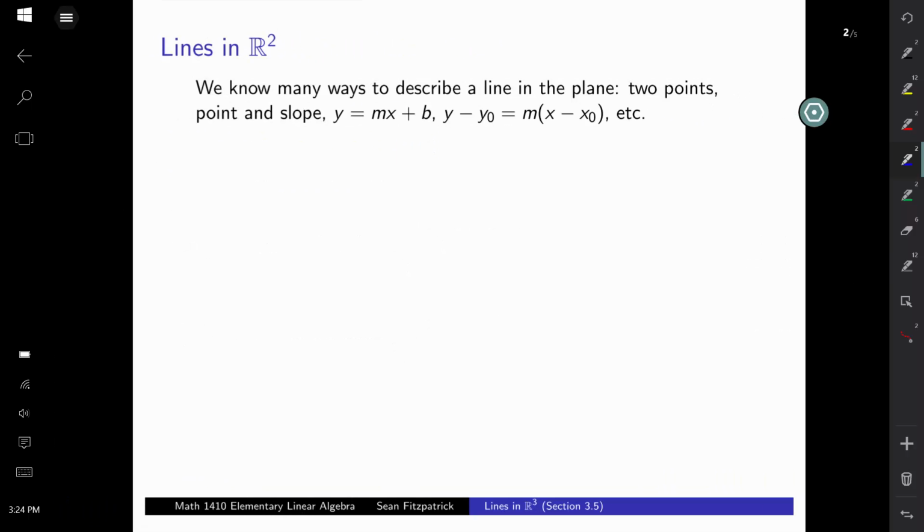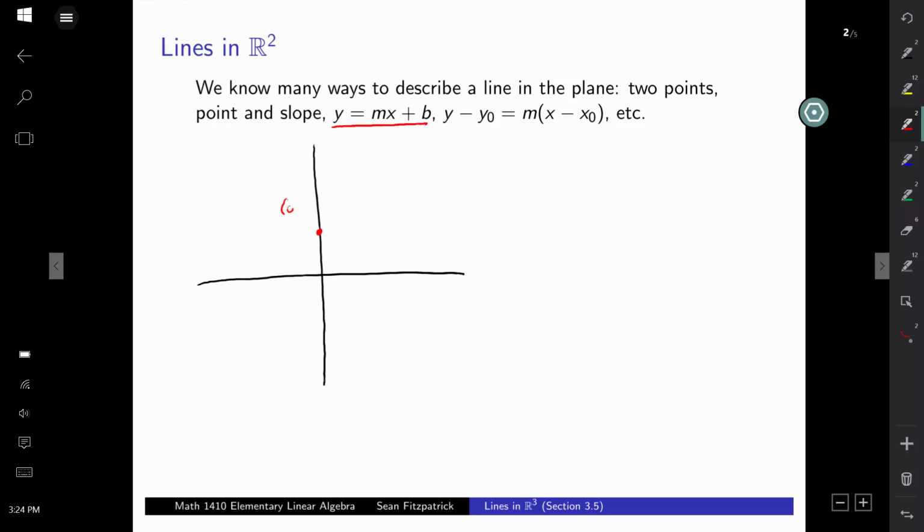Now, just as a review of how things work in 2 dimensions, I know everyone is pretty familiar with how lines work in 2 dimensions, right? So we have some sort of a picture like this, and we might think of a line as the graph of a function of one variable, like this. So b is the intercept value. When x is equal to 0, y is equal to b, so you'd have a point (0, b) on the line. And once you have one point on a line, if you know the slope, your rise over run,